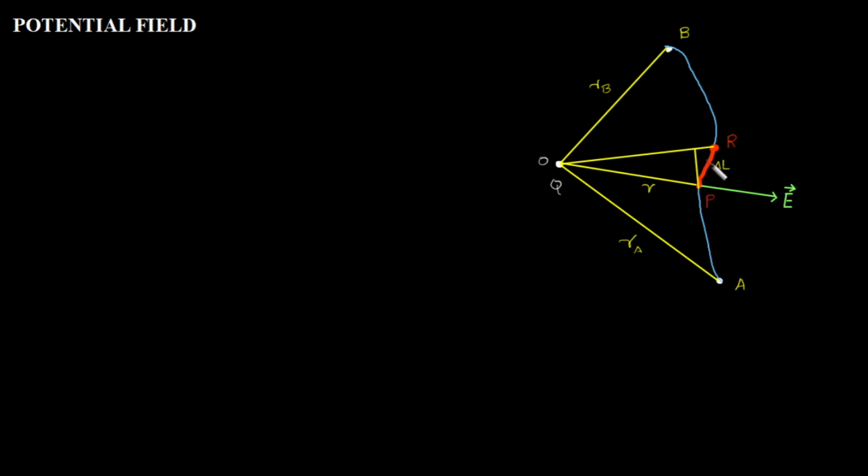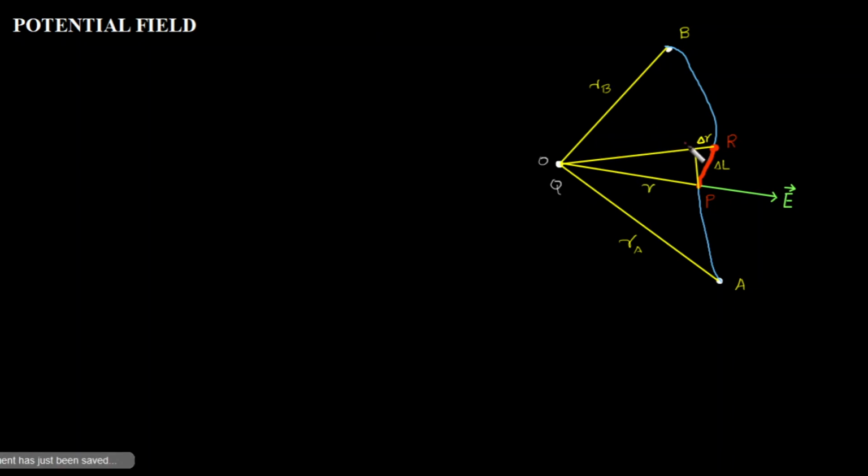So what I am going to find is, this distance is how much more than R. For that, I drop a perpendicular from this point P onto this line, then I find that this much more, the distance OR is this more than distance OP. So this a little bit more distance, I will notate it by delta R. Hope this is clear, delta R.